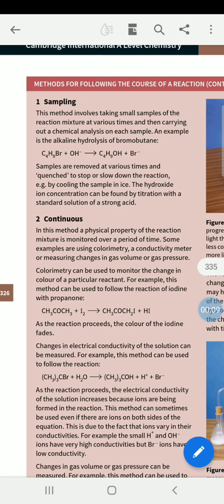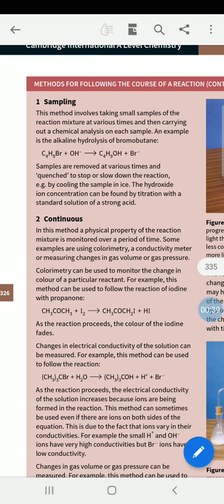Now we are going to try and figure out different methods that we can follow to get details or data related to finding out the rate of a reaction. Basically there are two methods that we can follow. One is the sampling method, the other one is the continuous method. The difference between the two is that sampling means when the reaction is continuing, at different time intervals, we